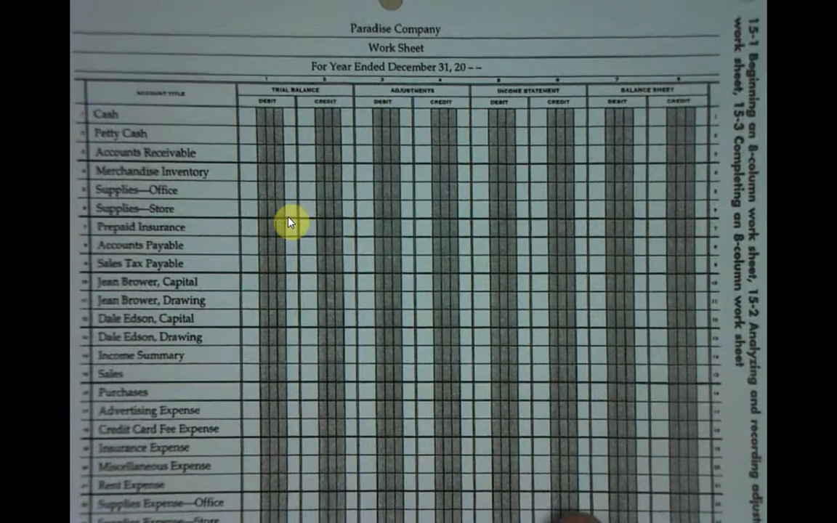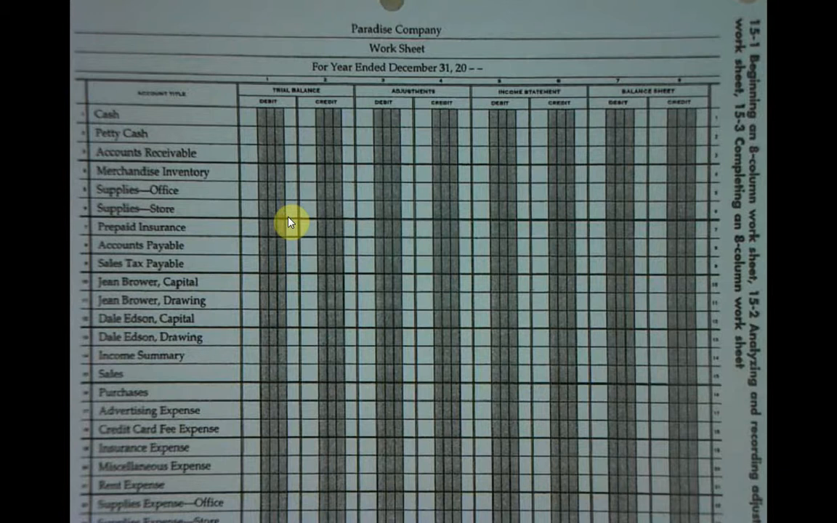This is for a Paradise Company with a title. The worksheet is the report name and the year ended December 31st of the current year. We have two new terms that you need to know for this chapter: inventory, which is the amount of goods on hand, and merchandise inventory, which is the amount of goods on hand for sale to customers. We're going to be working with the merchandise inventory account, do an adjustment on that after we do the first step in our